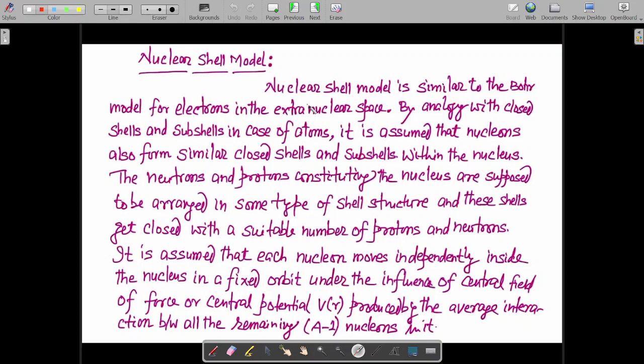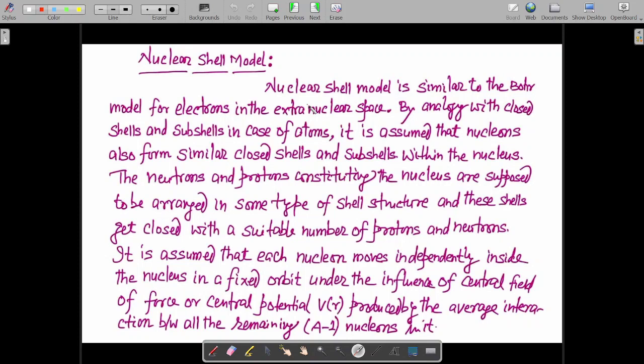In the Bohr model we have magic numbers, meaning noble gas atoms, right? That means when two electrons are filled in the shell, 1s2. For example, the first noble gas is helium. The electronic configuration of helium is 1s2. Then the second noble gas is neon, right? It has 10 electrons. So in the first shell 2 electrons are filled, and in the next shell 8 electrons are filled. Then after helium we have neon, then after neon we have argon, then we have krypton, then we have xenon. So these are noble gases.